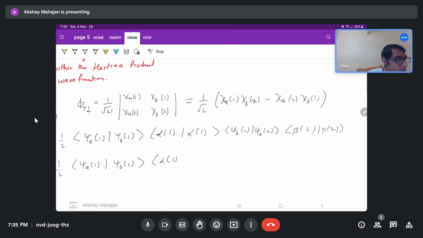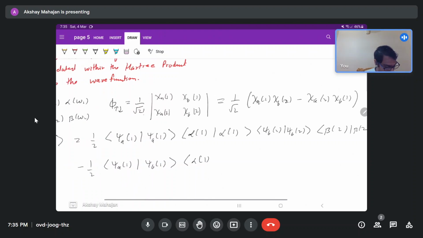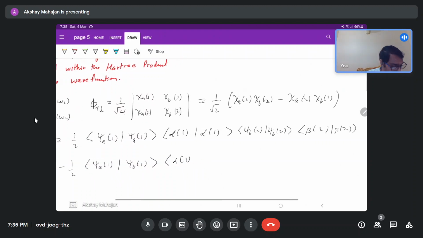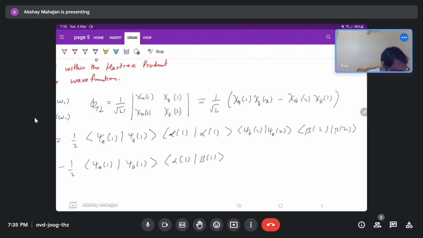Now this will be psi A of 1, psi b of 1, alpha 1, beta 1, psi A of 2, psi B of 2, and psi A of 2, beta 2 and alpha 2,